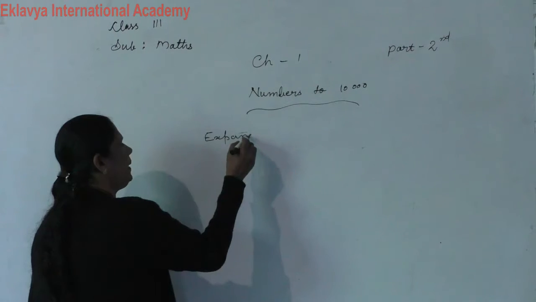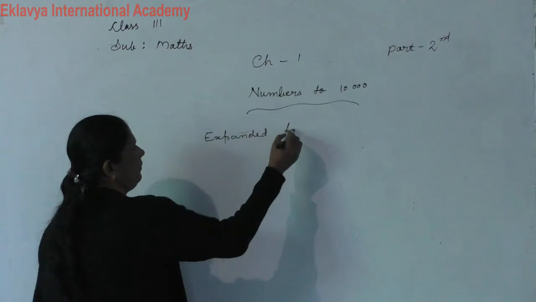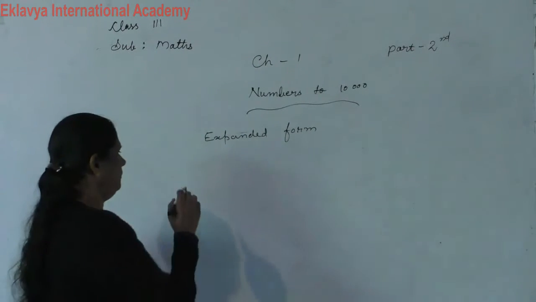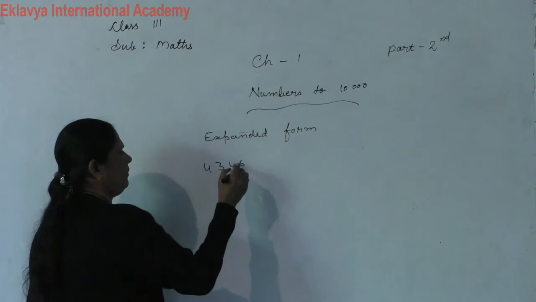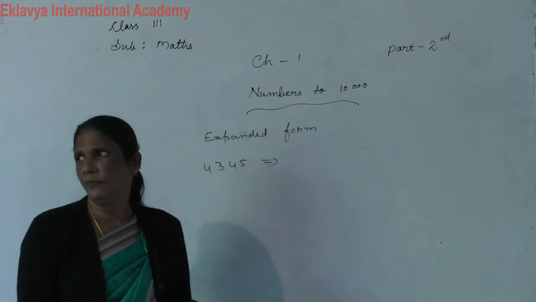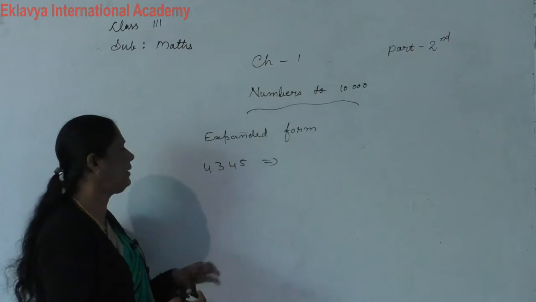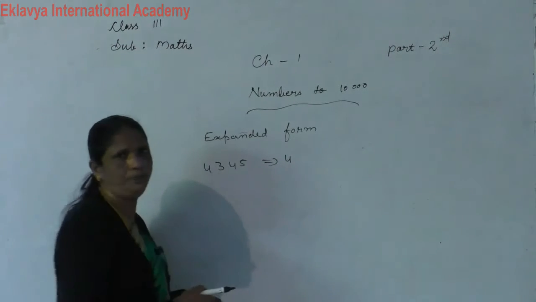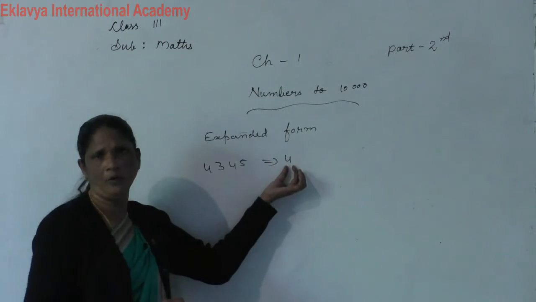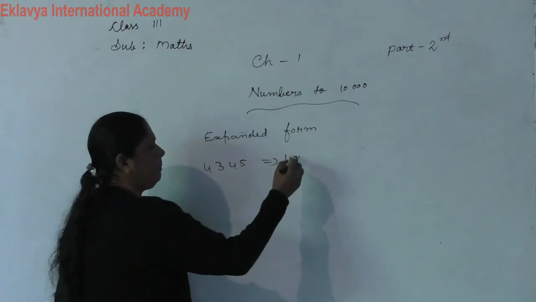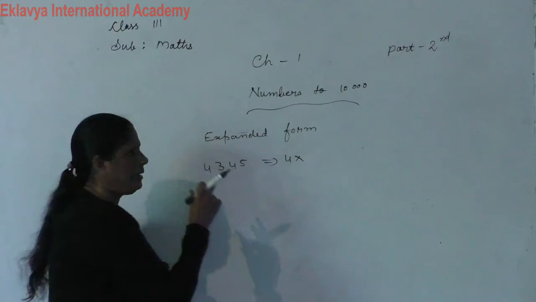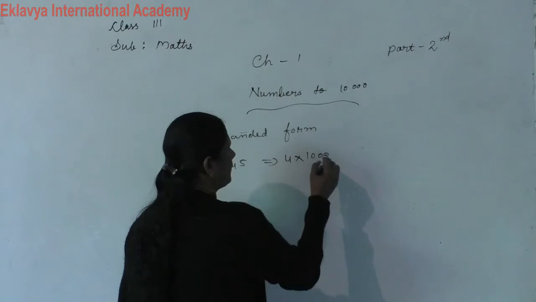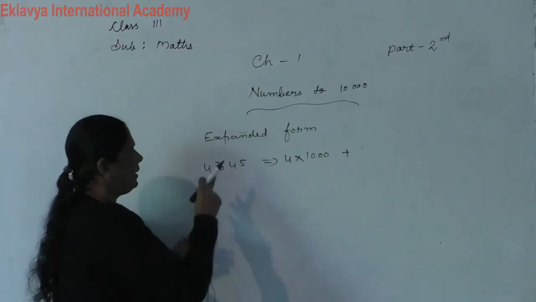Write in expanded form. How to write the expanded form? In the expanded form, first we write this number, 4. We write the face value of 4, then multiply. Which place does 4 sit in? Ones, tens, 100, 1000. 1000. Then plus. Next, 3